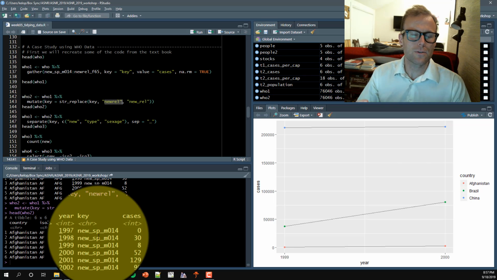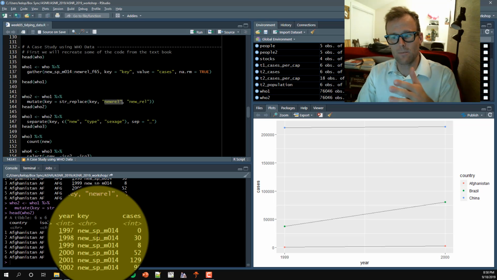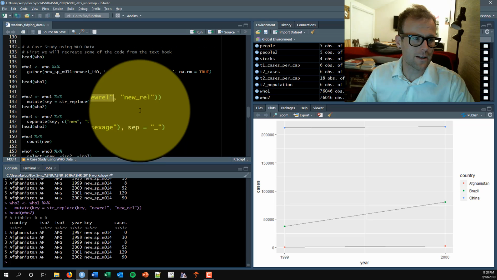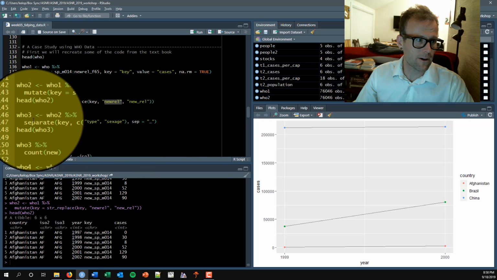detail, but we need to go through them in order to arrive at the tidy data that we want at the end. So if you felt a little lost in these processing steps, that's totally okay, but that's why I really wanted to talk through them now, and I hope as you're reading back through the book, you can get a better sense of what's actually happening to our data set each time we push it through these different tidying steps. So now that we've added an underscore to this new_rel value in the key variable, we're going